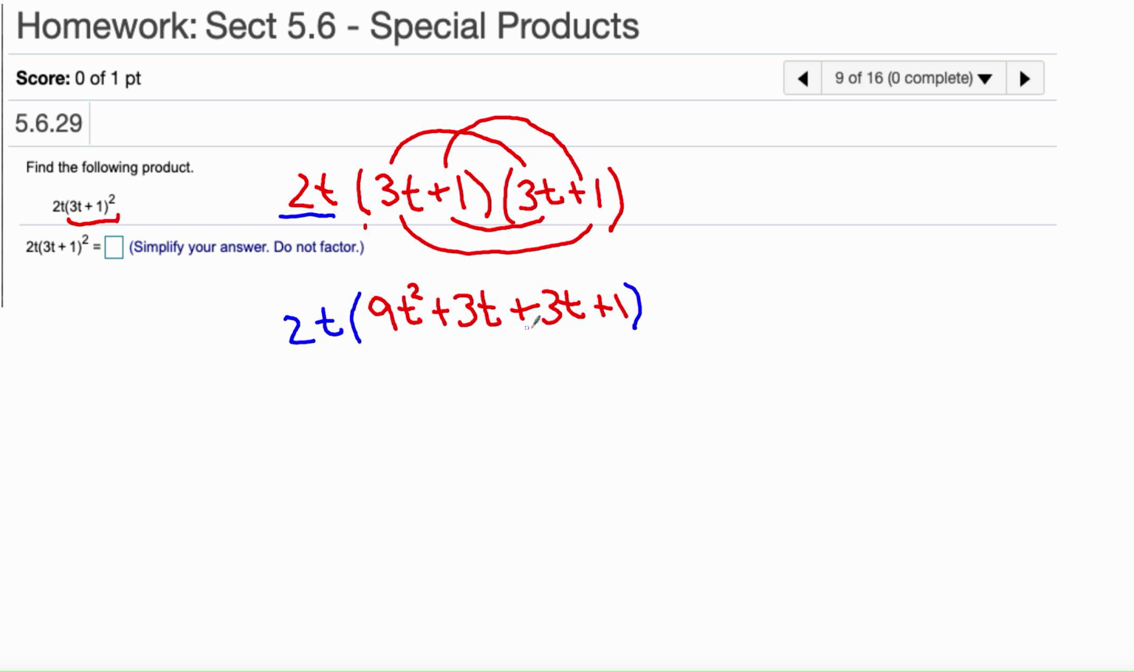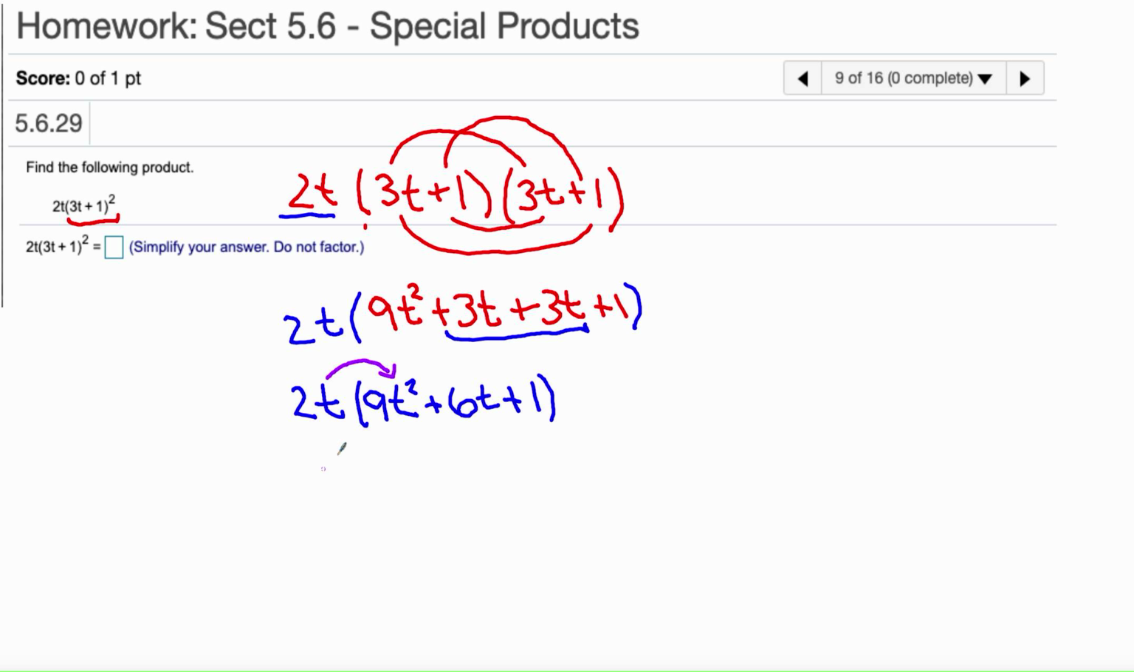So I guess I could go ahead and combine like terms now in the middle. You don't actually have to, but I just noticed that and thought I might as well combine these 2 terms now. So I have 9t squared, and then I have plus 6t plus 1. So I just combined the 3t and the 3t. I didn't actually have to do that yet. I could have done it after I distributed. So now to distribute the 2t,